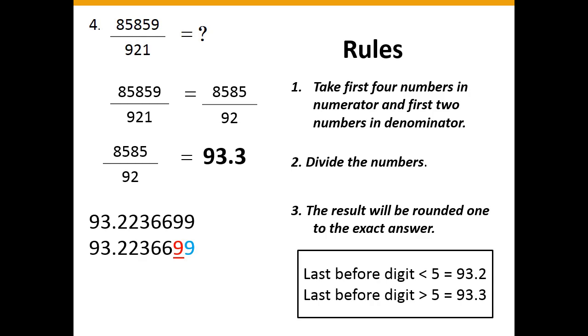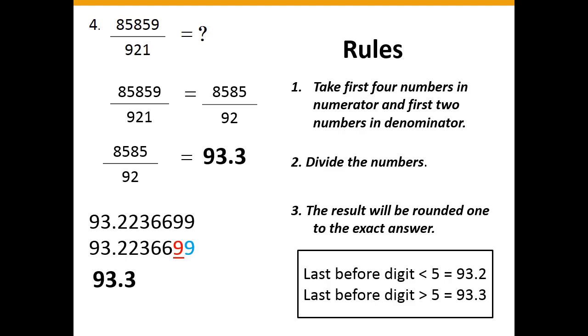Now I thought that you understand a way. See, what is the last digit? 9. See the blue color, 9. See the digit before that, it is also 9. So now tell me, is that 9 above 5 or lesser than 5? Absolutely it is above 5. So we added 1 to the digit after the decimal point. So we got the answer as 93.3.